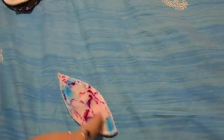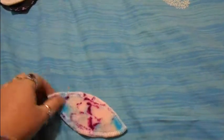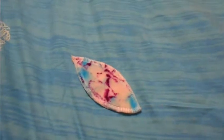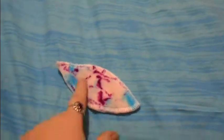If you're the sort of person who has a bit of what I call channeling, so the blood sort of goes up your butt a bit, these can actually be quite helpful because you sort of bleed straight down into it, and it absorbs it before it has a chance to kind of cruise along the channel, as it were, up your bum crack. So I find these good for at night time,